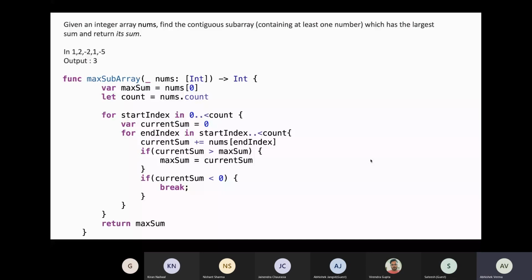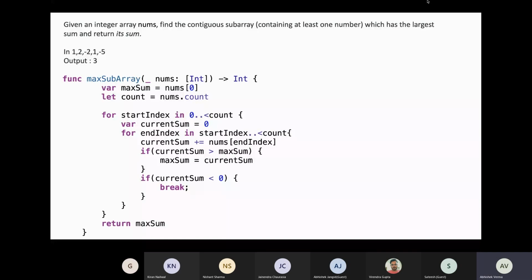What things come into your mind? If anybody wants to pitch in, they can. Abhishek, is it a sorted array? Should the array be sorted, or is it a randomized array? So one of the questions we can be asking is whether the array is sorted. The array is not sorted. We should clarify whether the array is sorted or not.